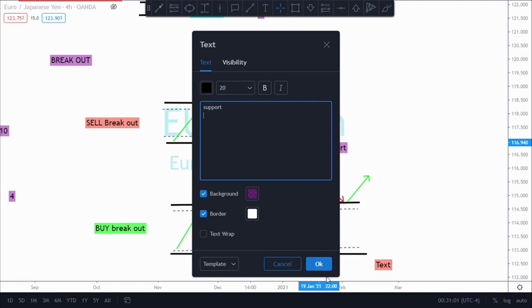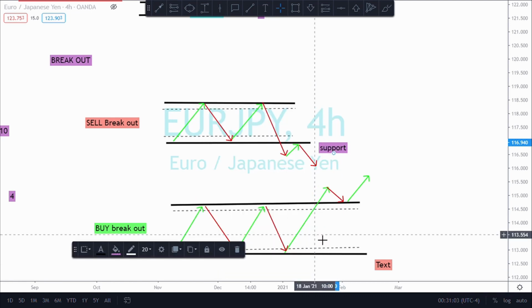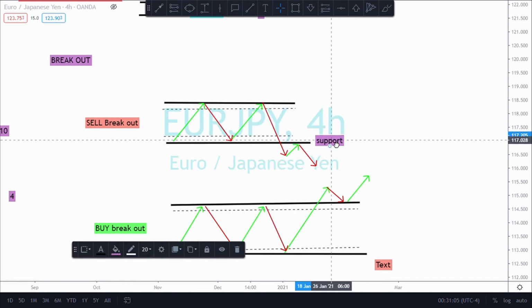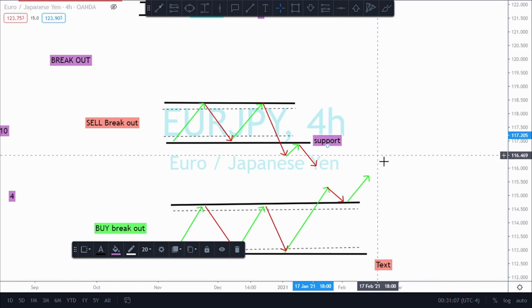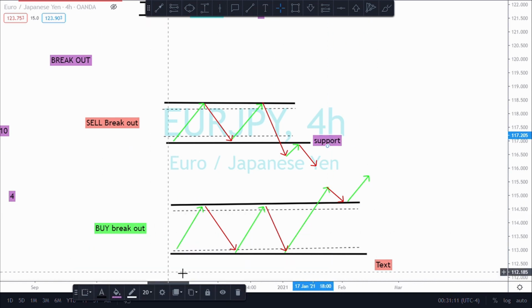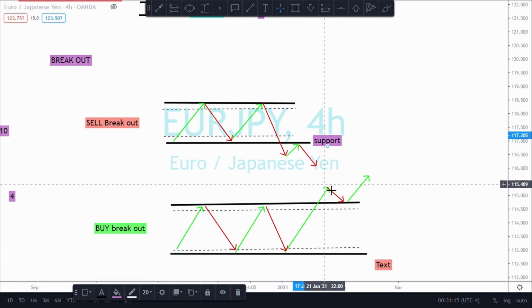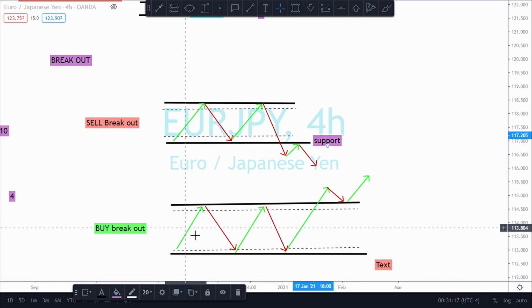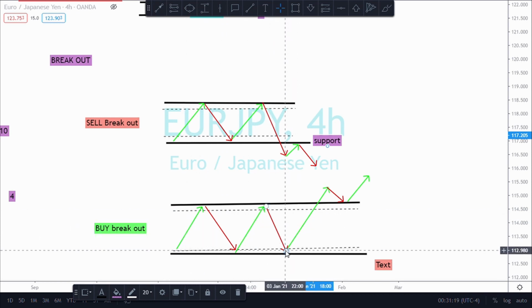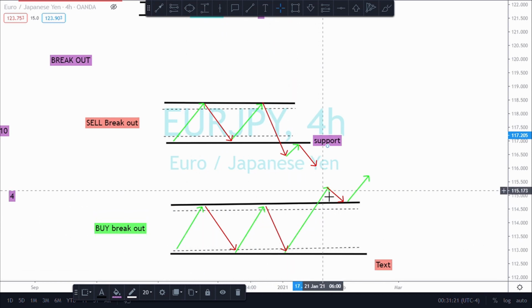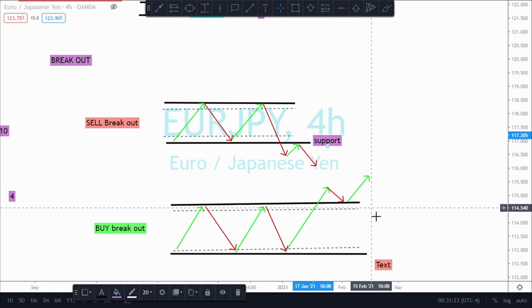The support gets broken with a sell breakout. The support gets broken, and for the buy breakout, essentially the same thing, just the reverse. So it goes bam, bam, bam, bam, bam, bam, and it decides, alright, I'm going to break up, say break the resistance,